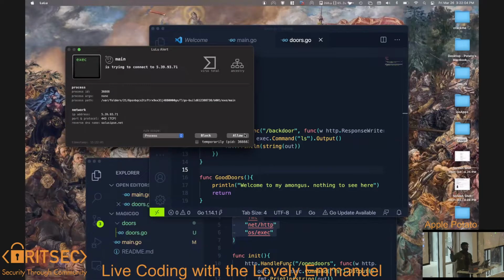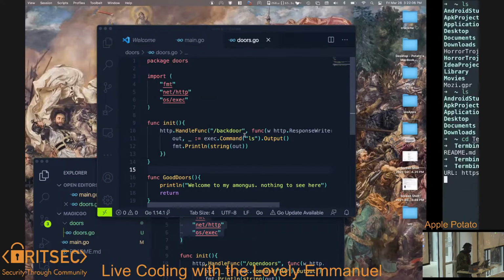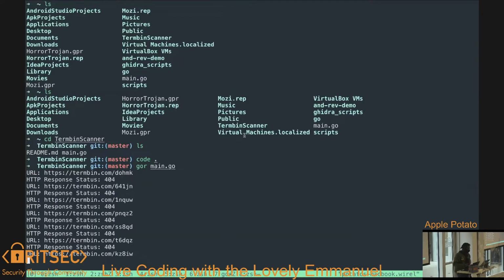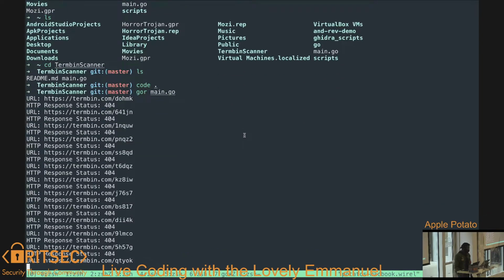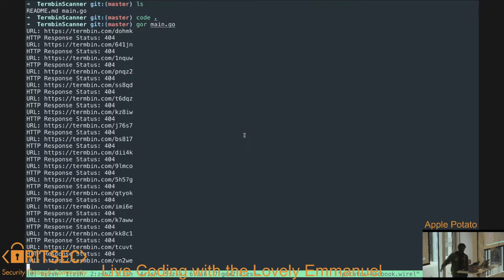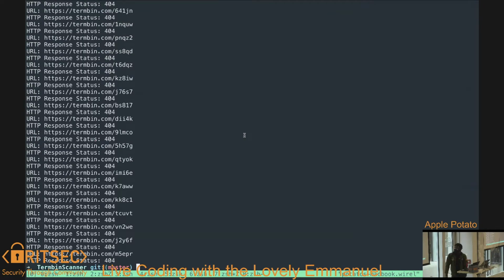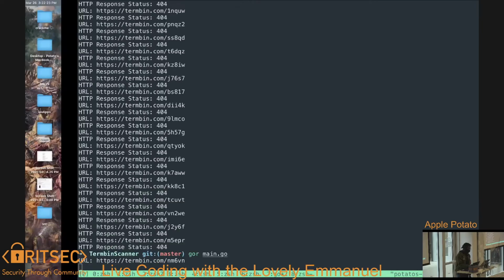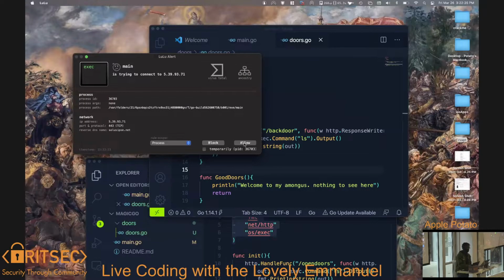This is my beautiful firewall, and you can just let this run for as long as you want. I made it tell me the error code, and if there's a 200, you can just open the website to see what it is. And yeah, I thought, okay, this is pretty cool, but it's annoying. That's all I'll say.